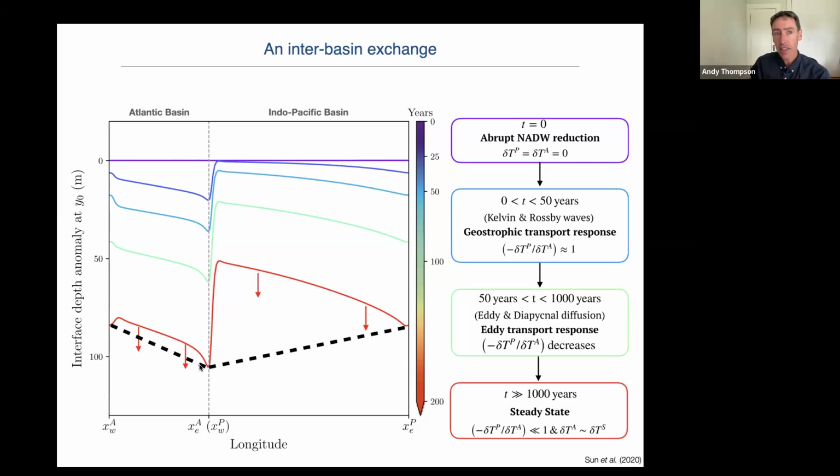And you can see that in the Atlantic and the Indo-Pacific Basin, the perturbation in that slope has opposite signs. Using a thermal wind relationship, this is implying that there's a zonal density gradient that's part of this perturbation, which implies an overturning perturbation of opposite signs in each basin. We're going to get back into that later in the talk.